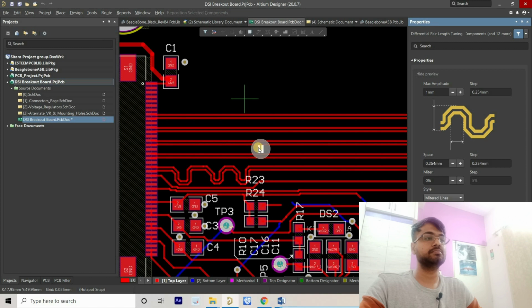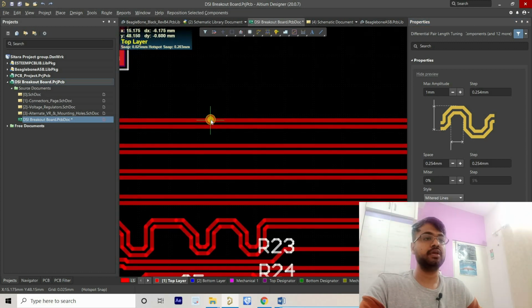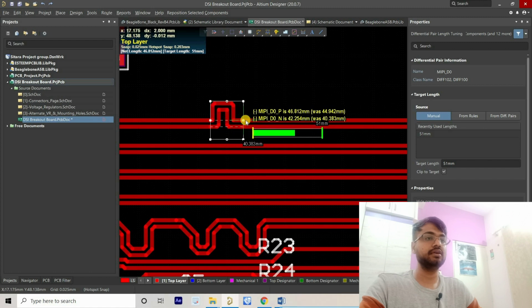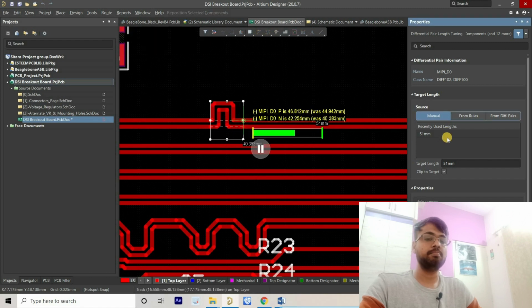So just make it 1 mm, right? Now just enable this section, left click. Now press tab again, and by default it is from rule, right? Just left click over manual, and our target length is 51 mm, right?